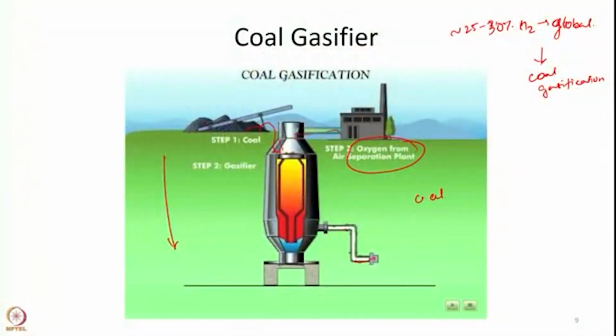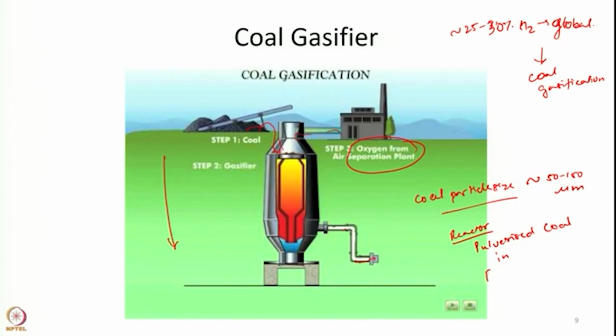So, typically the coal particle size is of 50 to 100 micron, and typically the reactor type is pulverized coal in entrained flow or fluidized bed reactor. So, these are not preferred much in the fixed bed reactor like the earlier gasification example that we have seen in the figure,